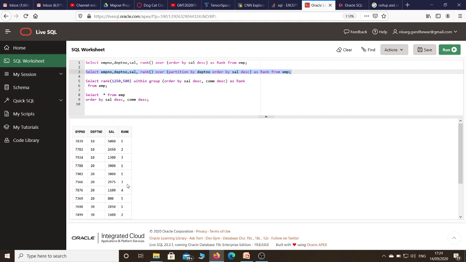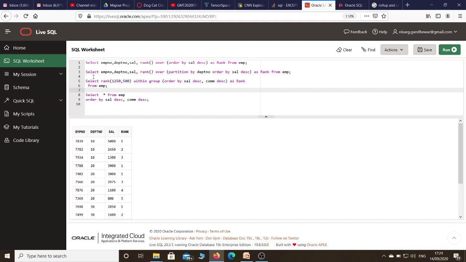Why? Because we are using the rank function, so consecutiveness is not maintained. This is example number 2, where we are using the rank function with partition by to assign the rank department wise.